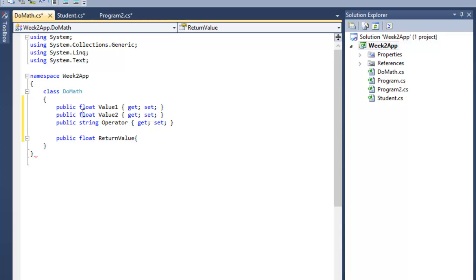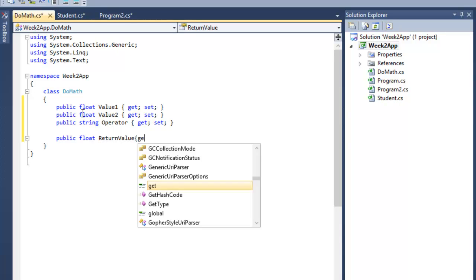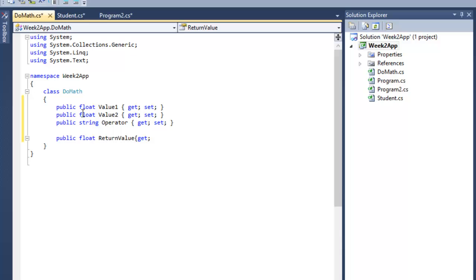And we want to be able to get the value out of this property, but we don't want what we can think of as the user, the person using this class, to be able to set the return value. They have to go through and use the methods of this class to get a return value. So we can say private set. This is the equivalent of saying